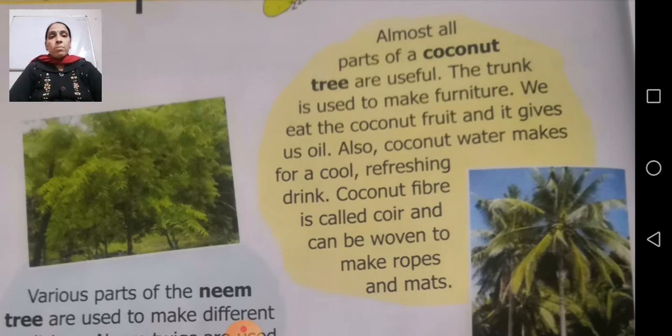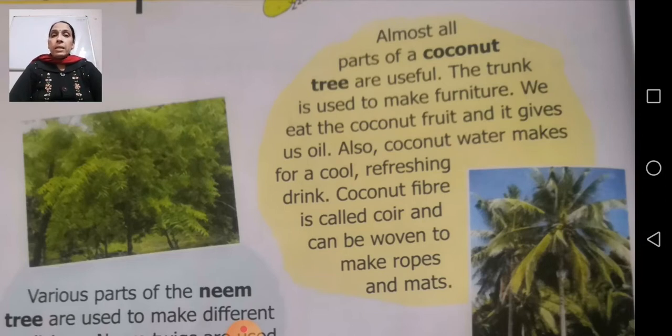Now this brown color coconut fiber is called coir and can be woven to make ropes and mats. ठीक है, coir से बन गया and can be woven to make ropes and mats। वूवन मतलब उसको हम स्टिच करना into ropes and mats. तो इससे जो कोकोनट का कॉयर है, from that we can make that ropes also and mats also. So that is again an important function of coconut tree. Again coconut is an important part of your dry fruit also. तो ड्राई फ्रूट का भी important part हो गया.